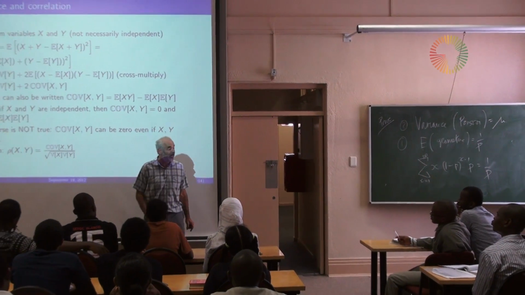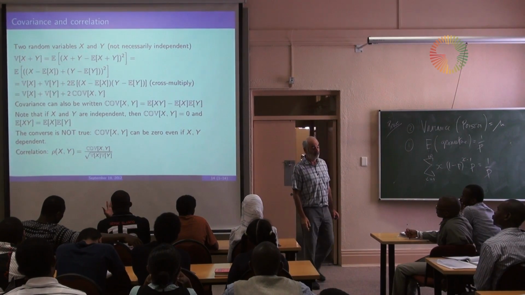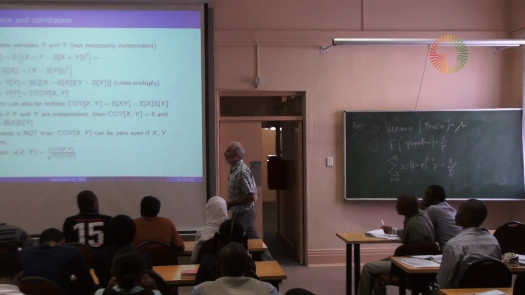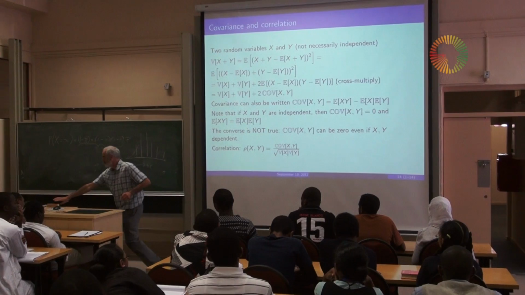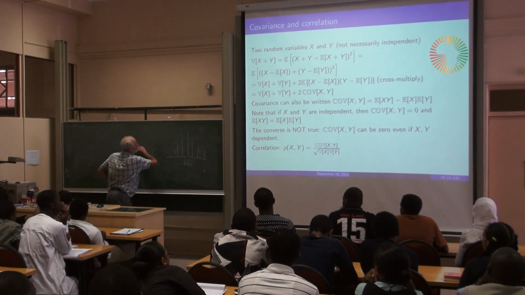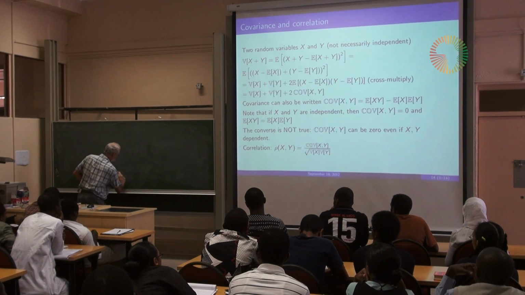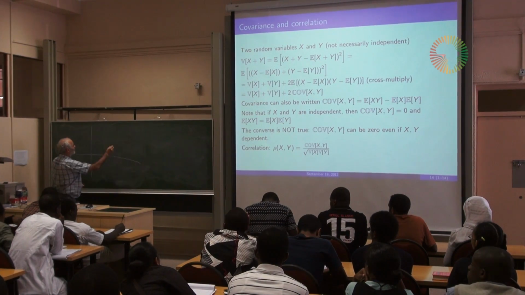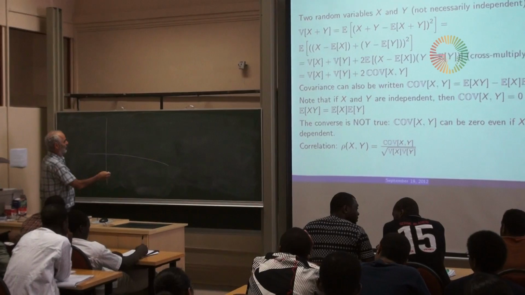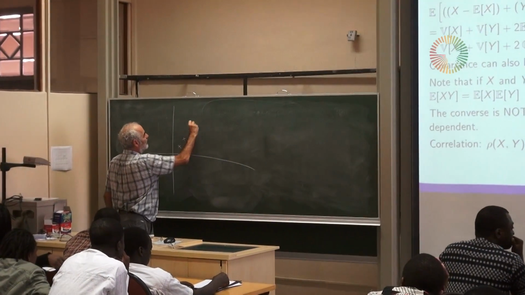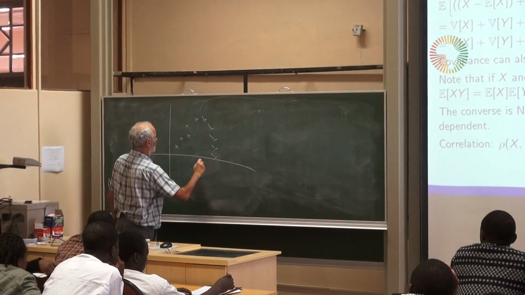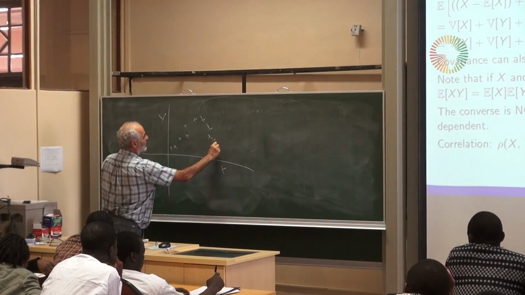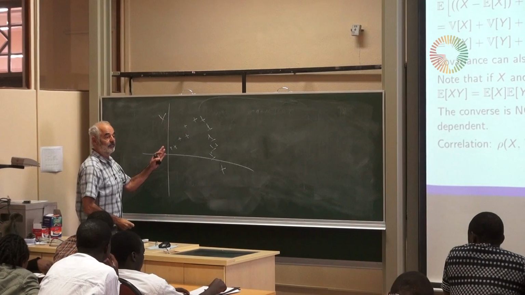You just have examples to show the converse doesn't hold. The simplest ones I always remember are when I'm just using data, because essentially covariance measures a linear relation. So if I have some distributions here, let's do a discrete distribution. If I have a distribution like this, here's x and here's y, and each of these points is equally likely to occur.